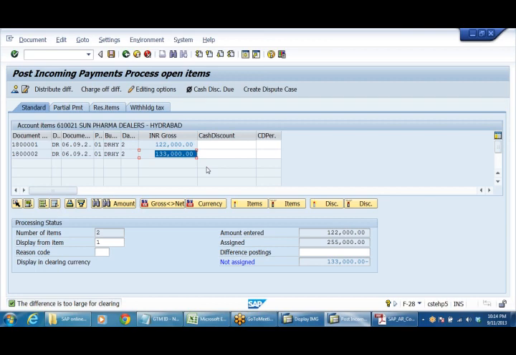To link up the payment, we need to deactivate the other line items, because this amount 1,22,000 is going to be linked to this amount, so this has to be kept in blue. Deactivate the other line items. Now the amount entered and amount assigned are equal. Always see that both of these are equal, then only the system will accept and allow you to save.